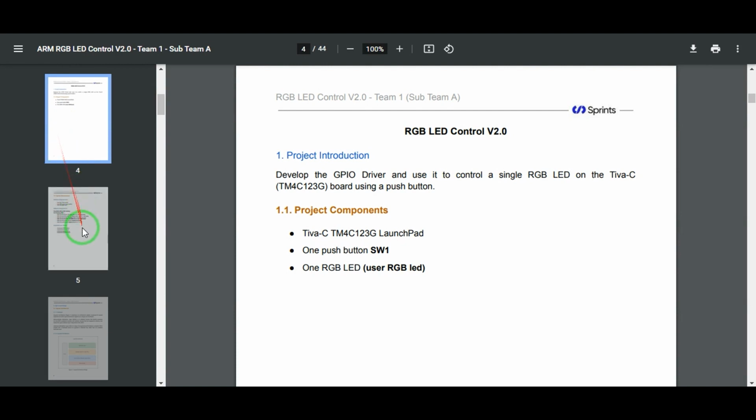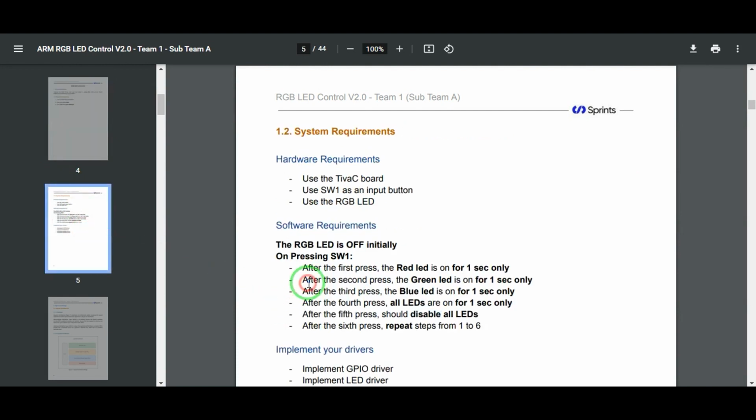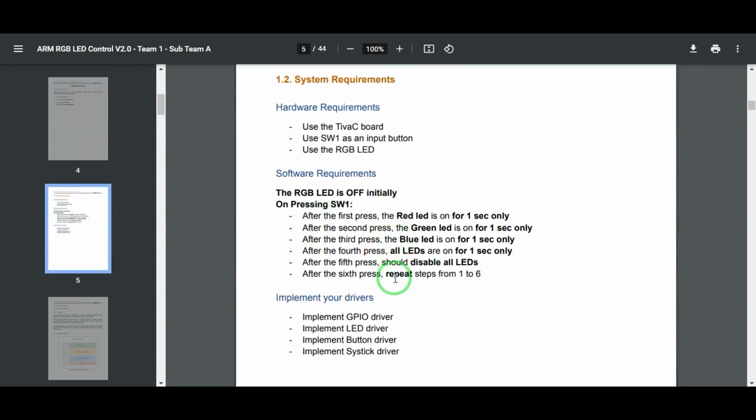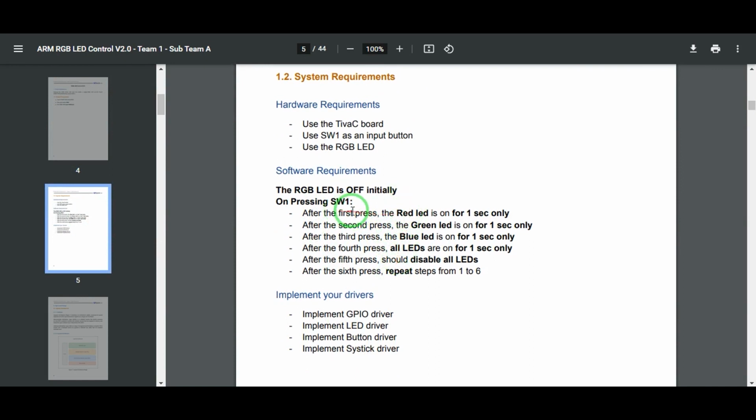We were supposed to use the push button to generate this sequence on the RGB LED. At the first press of the button, the red LED would turn on, and it would stay on either for 1 second or until the button is pressed again. So if we press the button again before this second is over, then the red LED would turn off anyways,